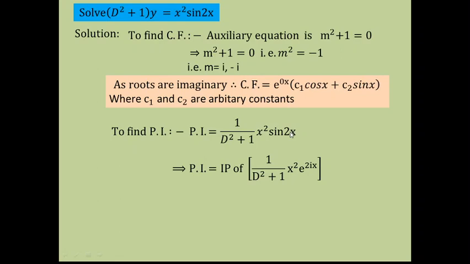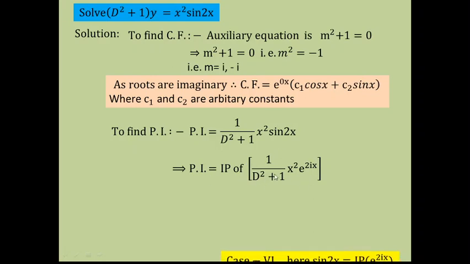As the sin function is there, remember, for sin function we shall always write the imaginary part. So we will write the imaginary part of this entire term, and the sin function gets replaced by e raised to power i, and whatever angle is there, that we should write. Here the angle is 2x, so I shall write e raised to power i into 2x. Okay, I hope this step is clear to you all.